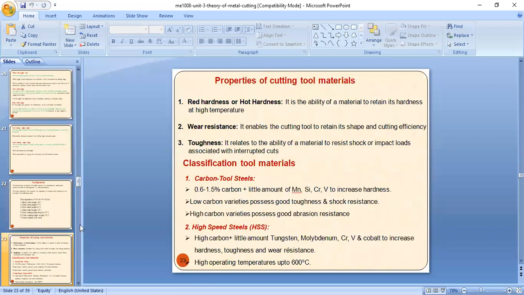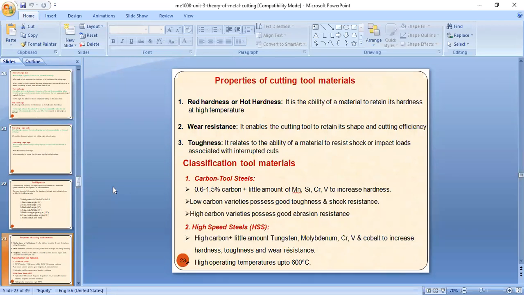Next class we'll be seeing the properties of cutting tool materials, as well as other aspects of the mechanics of metal cutting, where we have how chip formation happens, and we have already seen the types of chips. And next class we'll try to discuss chip control and chip breakers. We have already seen chip breakers. So what are chip breakers? They're used along with the tool. They help break the chip into small pieces, which we try to use in discontinuous chips.